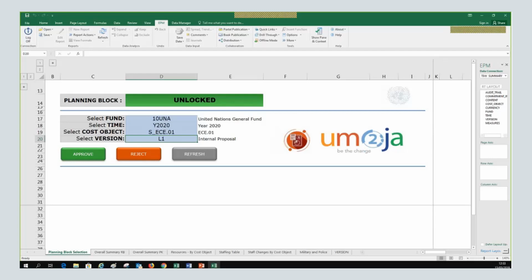Now the version L1 should be locked. Because what Daniel is telling me is that I clicked on close before the process was completed. So let me do it again if it's not ready.